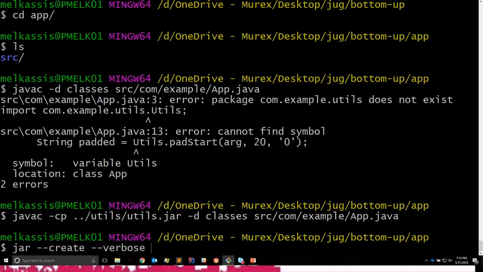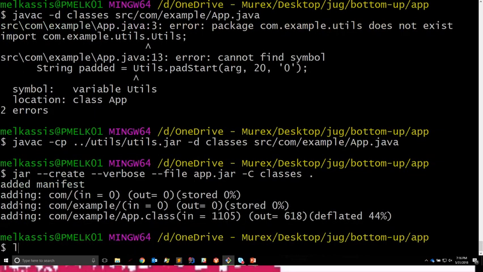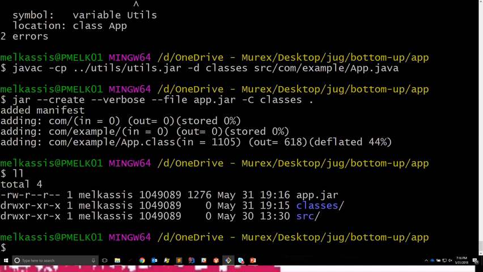Create verbose. We specify the file name app.jar, and we say the classes in the jar are coming from the classes directory. So now we have app.jar. So what we can do now is that we can try to run this jar